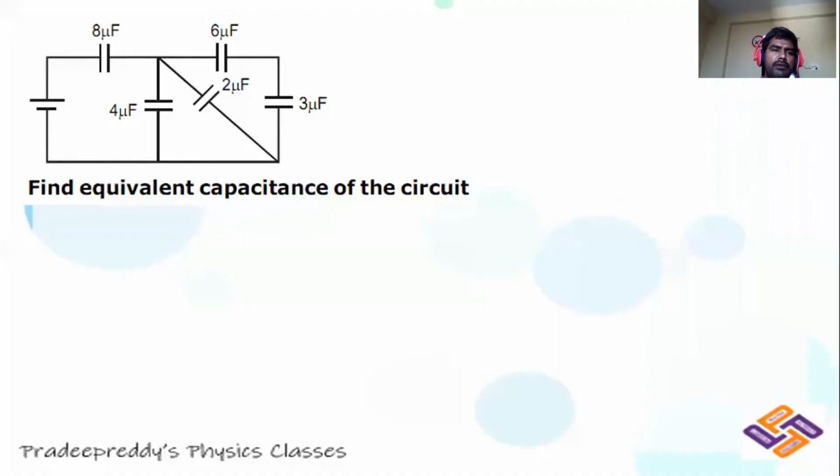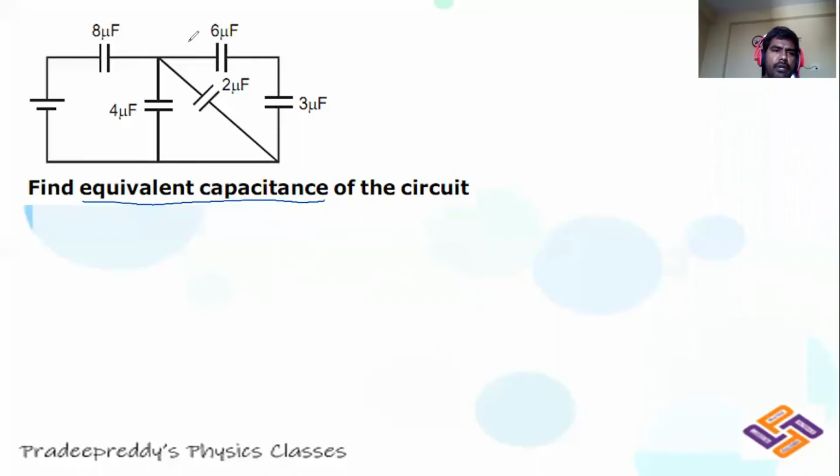Students, in this problem we are now supposed to find the equivalent capacitance of the circuit. In order to do that, you can reduce this circuit into a simple form. Whenever we want to find equivalent capacitance, we have different methods of solving. The first method is that you can reduce the circuit into a simple form by individually resolving capacitance through each loop. I'll explain how to do that.